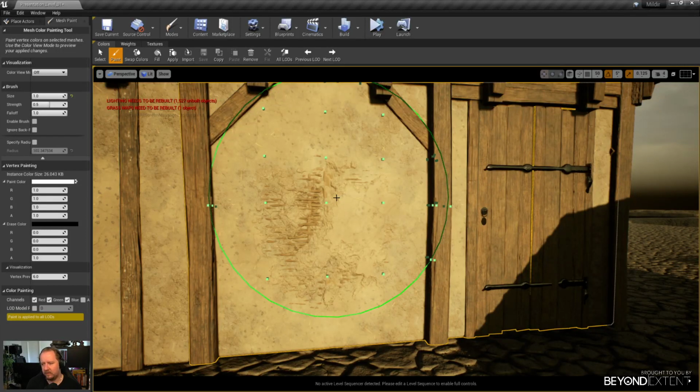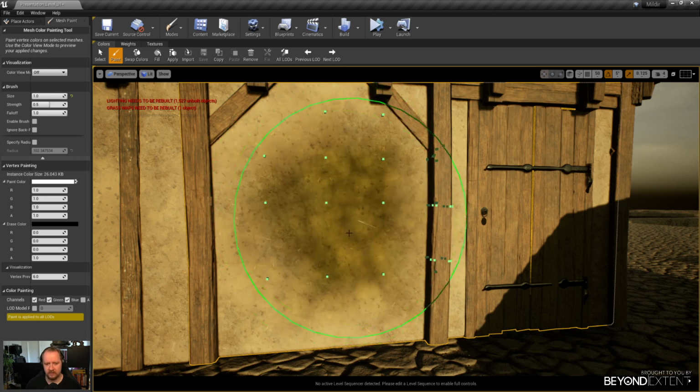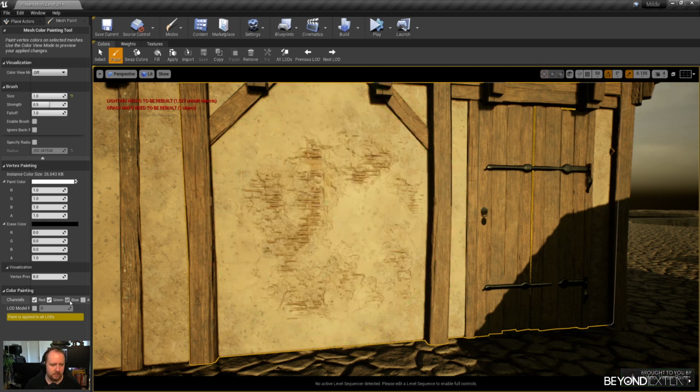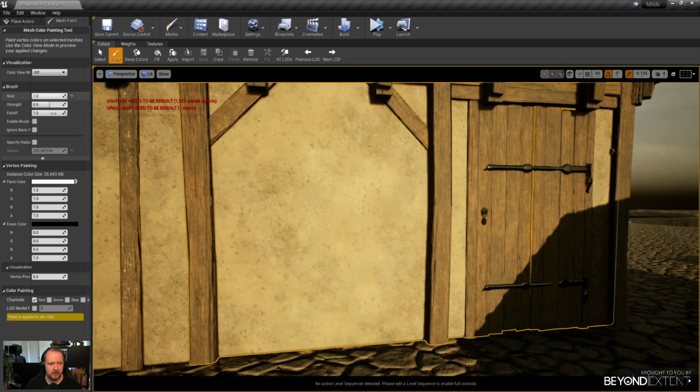Normal vertex paint honestly looks pretty bad. You need some additional detail in there. You need a height map to influence the vertices a little bit. Let me see. It's the red channel, right? Yeah.